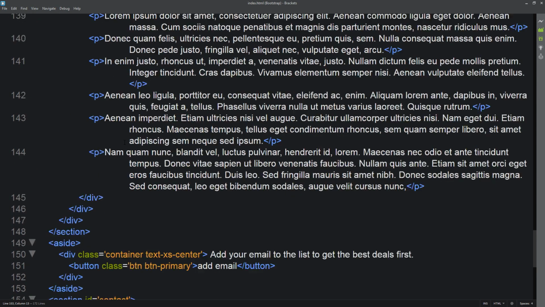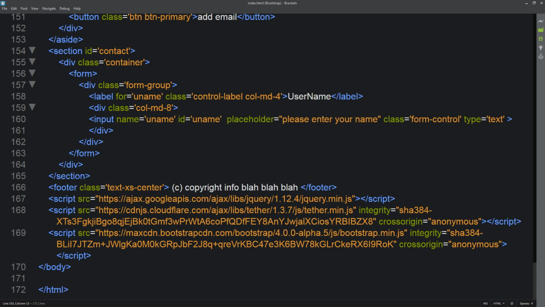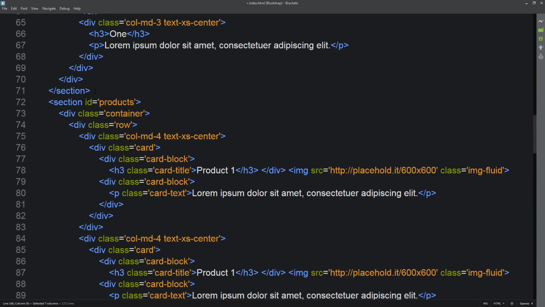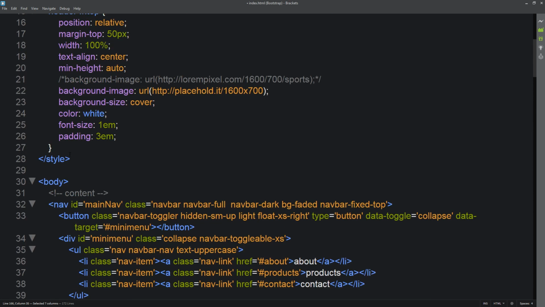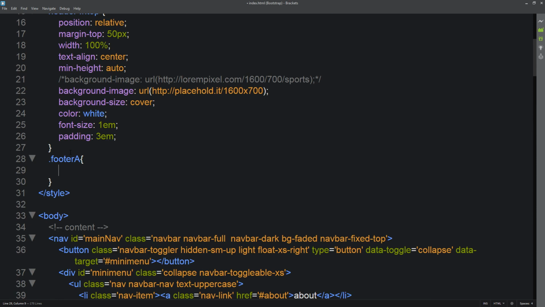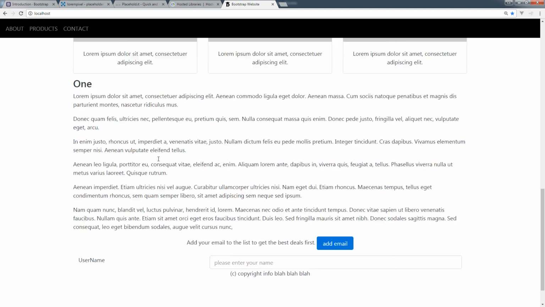So also what I wanted to do is I wanted to update our footer. So we've got our footer class there, and maybe let's just do footer-a or something like that. So give it a class of footer-a, and I want to give it some size. So just going into where we're customizing our styling, and we're going to give it a height. So default height of maybe 200 pixels. So this for now should give us a bigger buffer here,